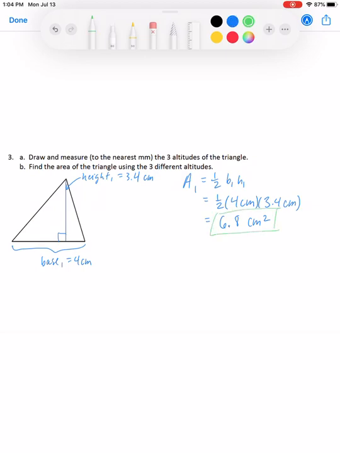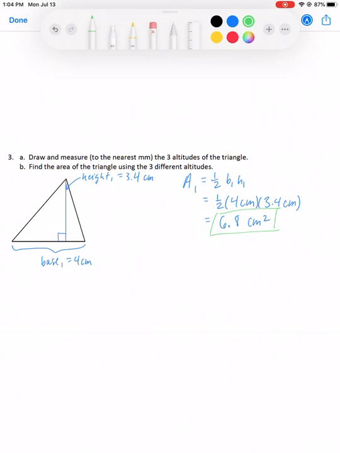Now we're going to do finding the area. So I'm doing part A and B at the same time. So I found the area of the triangle with the base of 4 centimeters and the height of 3.4 centimeters. So now I'm going to rotate and find the base and the height of the triangle with this as the base here. So rotating. Okay, I'll put a little bit of a lock on here, so it doesn't move around. So rotating, and we use